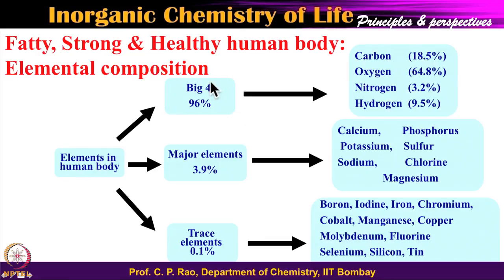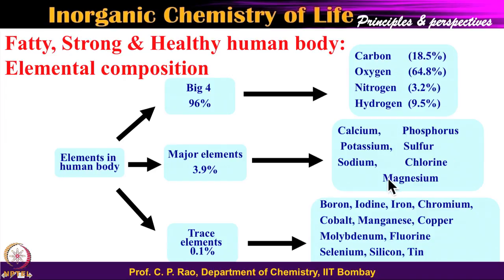So, will you be happy to have these 4 and have nothing else? If so, then you will not be functioning as a human. You will be functioning just as a fatty body, nothing more than that. Then what do you need to have a human life? For human life, you need not only the fatty body components like these 4, but you also need certain major elements. These major elements are also referred to as macrominerals, and these are calcium, potassium, sodium, phosphorus, sulfur,